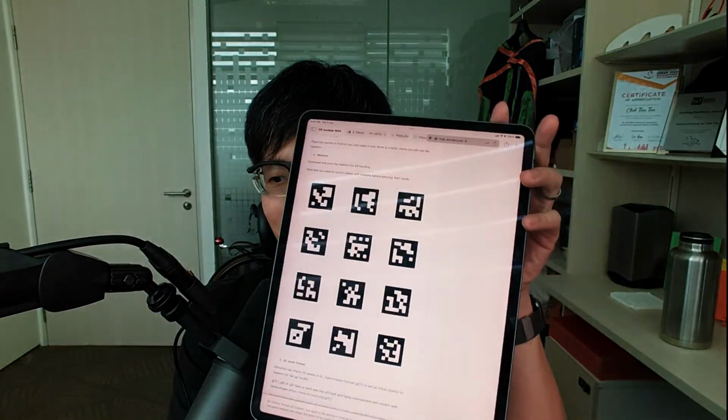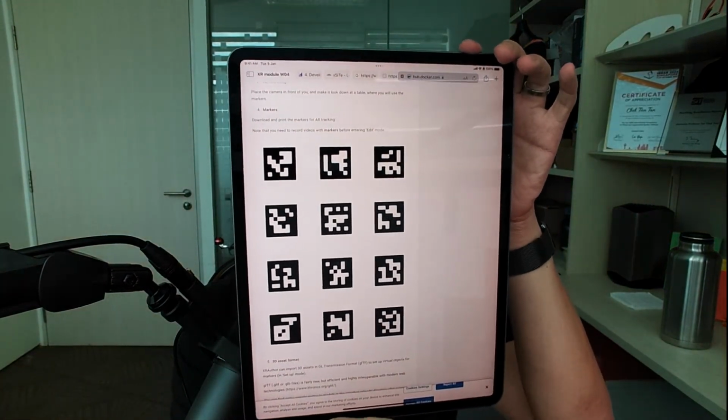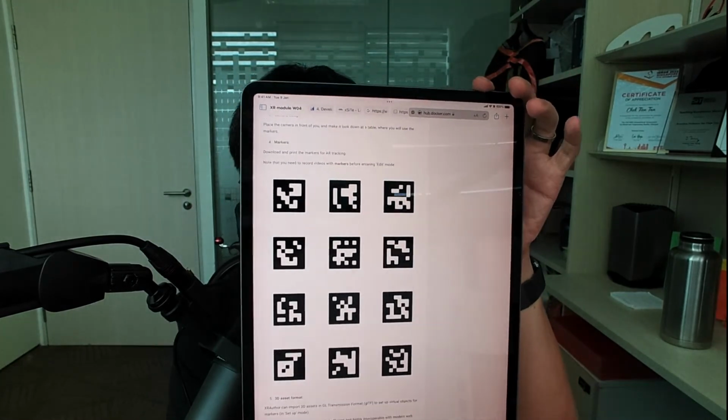Okay, so AR markers. A lot of you angle the camera like this, like how I'm doing it. Obviously, this is not going to give you good results. The tracking would go off pretty often, if it can track at all. So you certainly need to film as straight down as possible if you're using AR markers, which is super